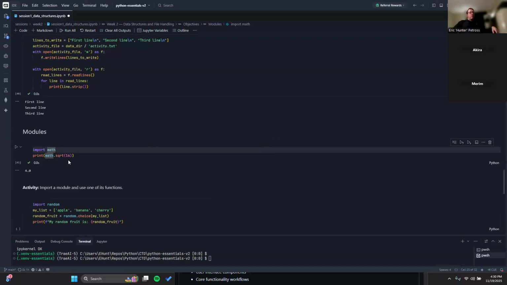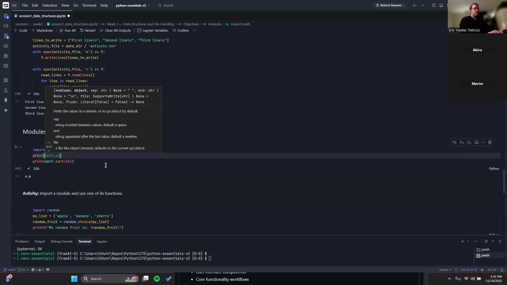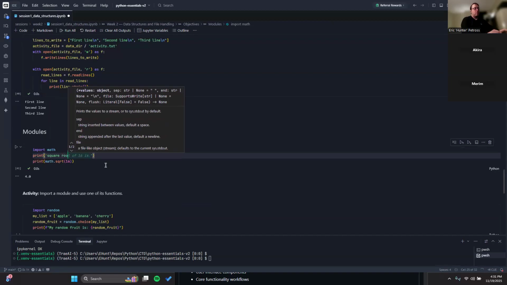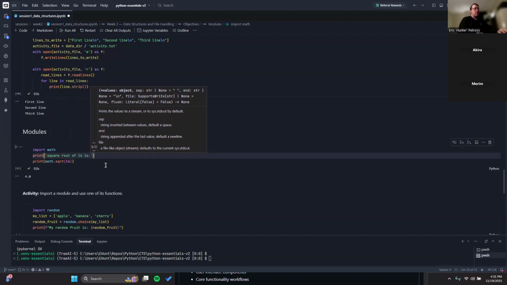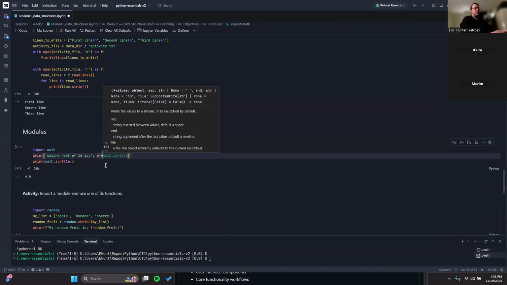So rather than having to put in the long way, say you wanted to print the square root of 16, instead of having to put a times a, yada yada yada equals my answer,